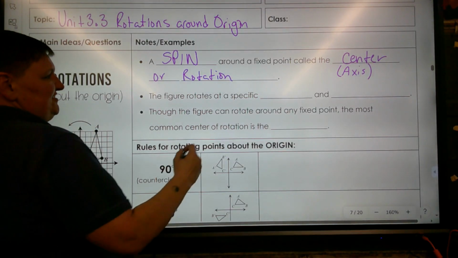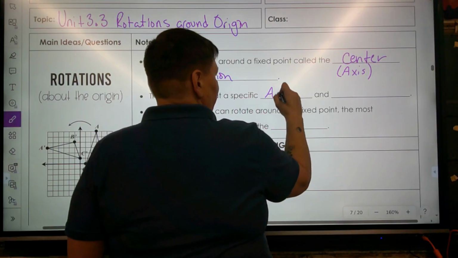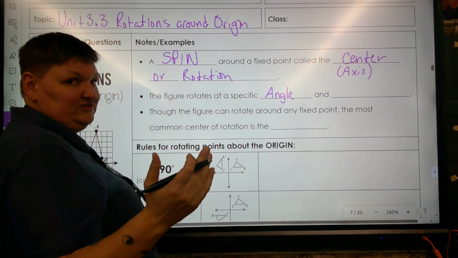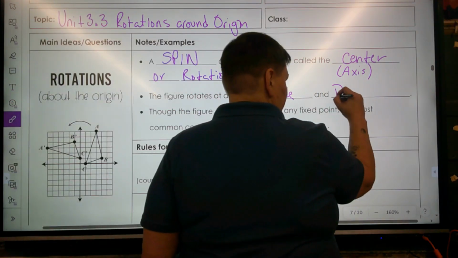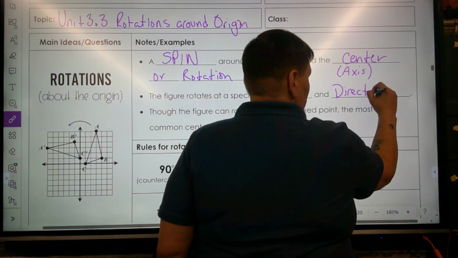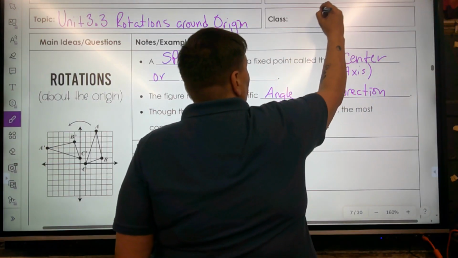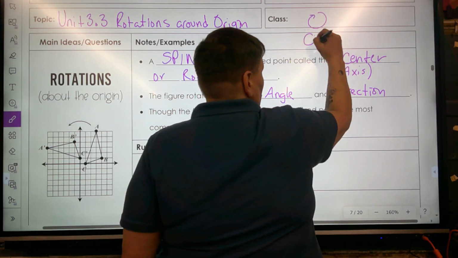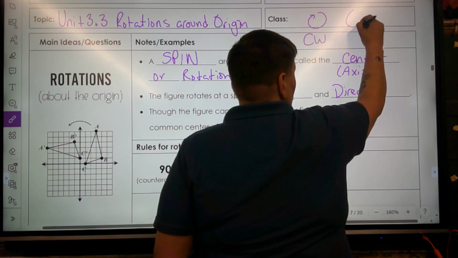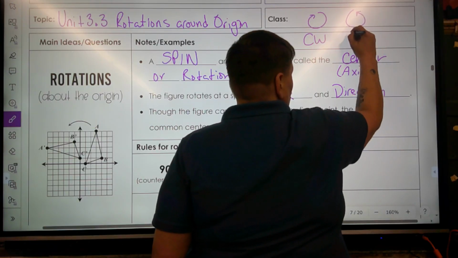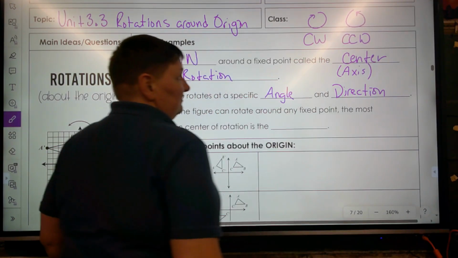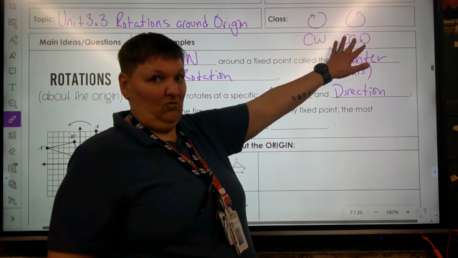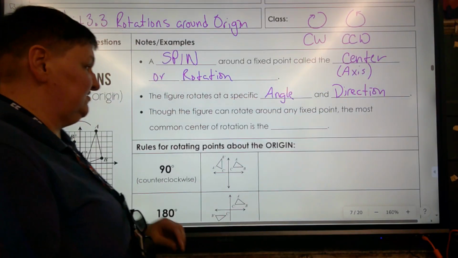The figure rotates at a specific angle, 90 degrees, 180 degrees, 270 degrees, and direction, right? It's either going clockwise, like a clock, or it's going counterclockwise, which is opposite of a clock, right? For most of this worksheet, we're going to be going counterclockwise. So make sure you read the directions and follow them carefully,